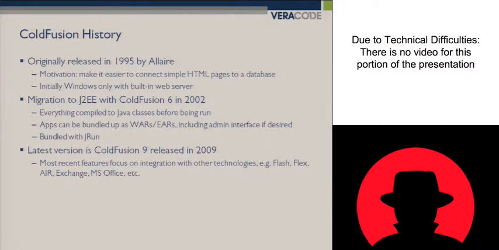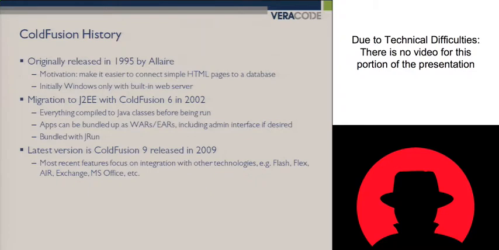It didn't do very much. Fast forward 7 years to ColdFusion 6 in 2002, and what they did here is they transitioned from a custom web server and custom everything to J2EE. J2EE was becoming popular around this time, and they said, well, let's make ColdFusion J2EE compliant, and that way you could write an application and deploy it anywhere, whether it's WebLogic or WebSphere or ATG Dynamo at the time, or whatever the J2EE server was,